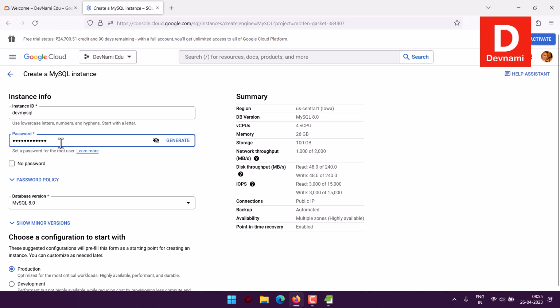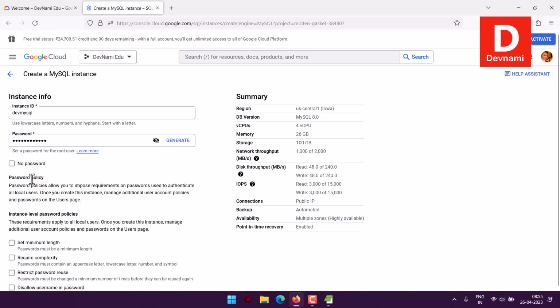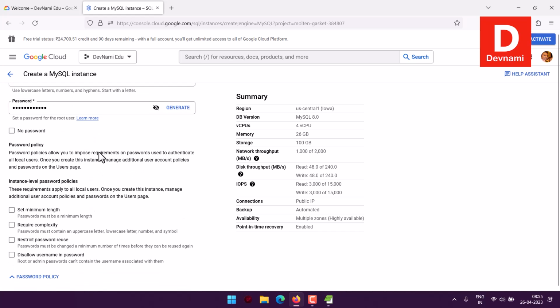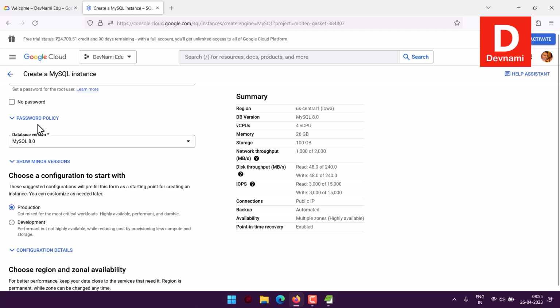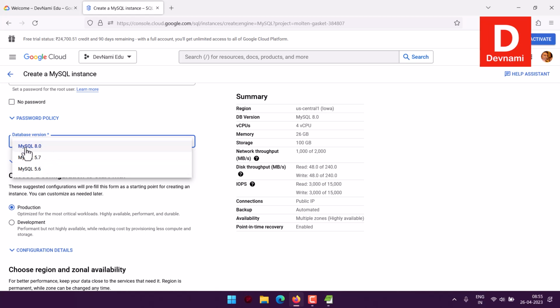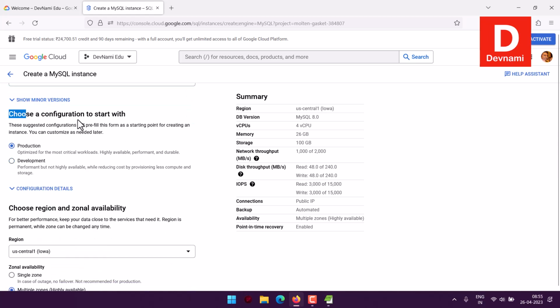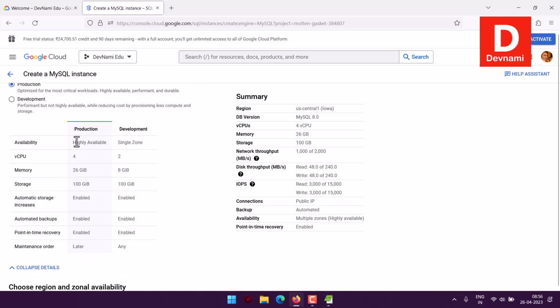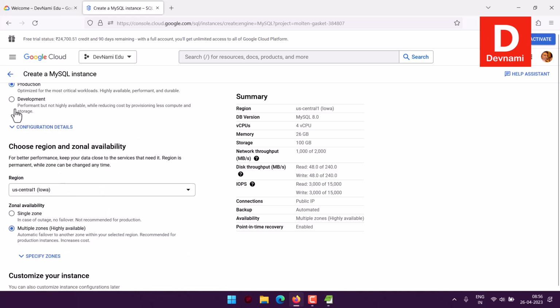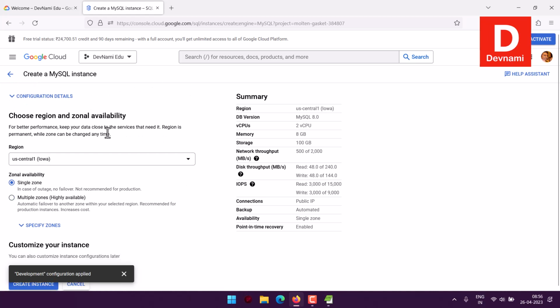Now here you can paste the password, then you can set the password policy when you are generating it. But if you don't want, you can simply toggle and go back. Here also you have option to choose between the LTS versions of MySQL. So I'll be choosing MySQL 8. Then choose the configuration to start with, production or development. Okay, so it will reduce the cost. You can also check the details. So here less number of CPUs and lower RAM as well. So we'll go with development, then we'll choose region and zone,